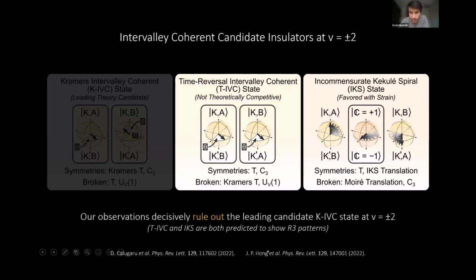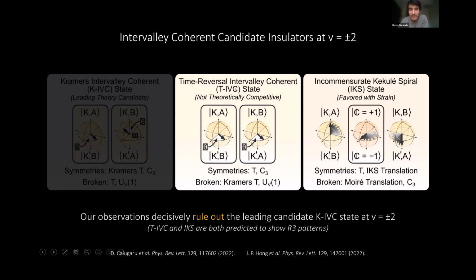This is the Bernevig group and the Zolotel group, which is decisively ruled out by our experiments, in that we do see an R3 pattern in every nu equals plus or minus 2 insulator, and so it cannot be this leading candidate ground state. Two other candidate ground states that are relevant are the so-called time reversal symmetric intervalley coherent state,